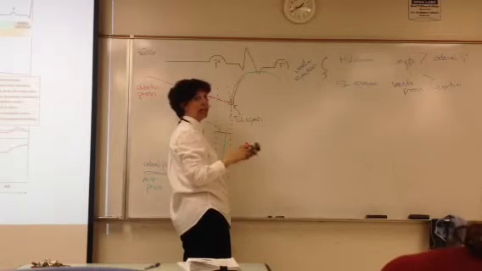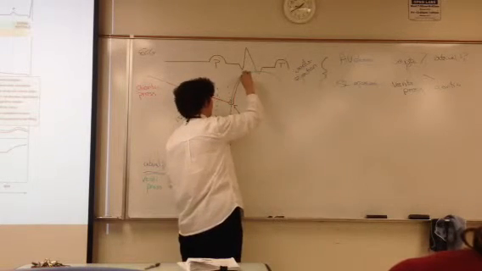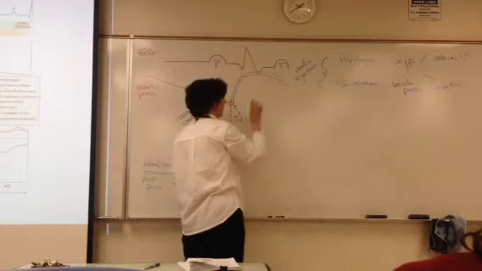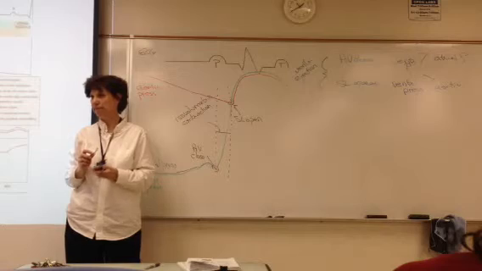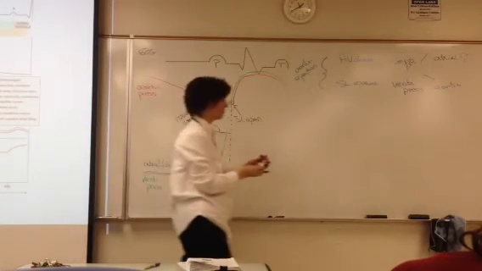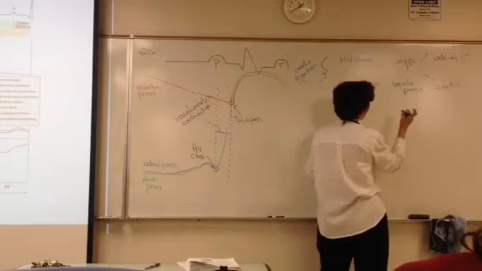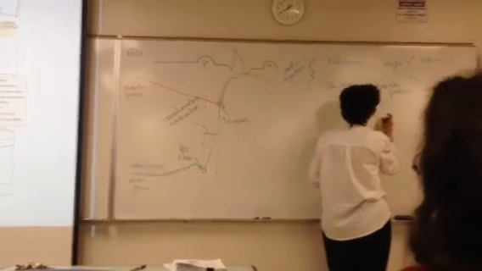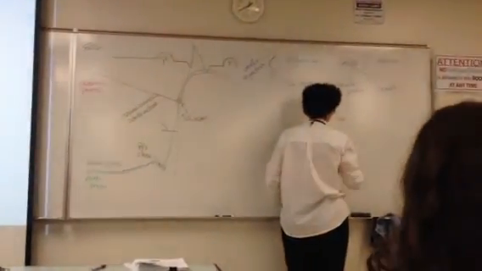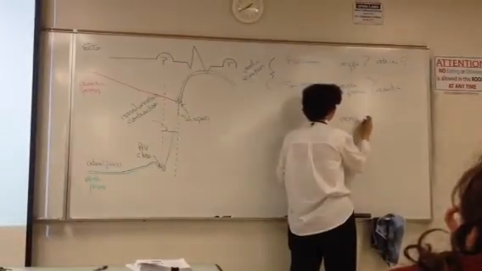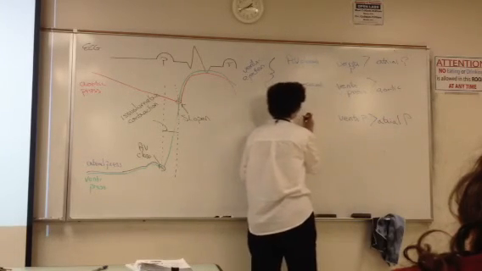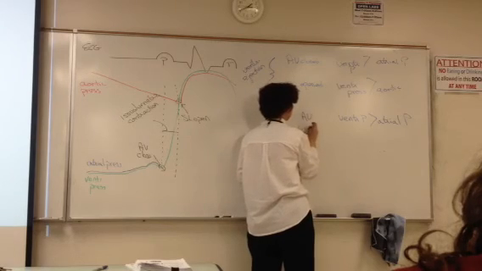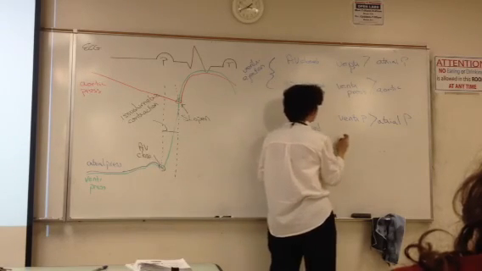As less blood is being ejected to lower pressure, aortic pressure becomes greater than ventricular pressure. So ventricular pressure is still greater than atrial pressure, so our AV valves are still closed. Now aortic pressure